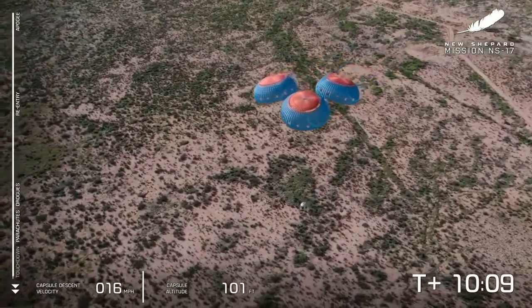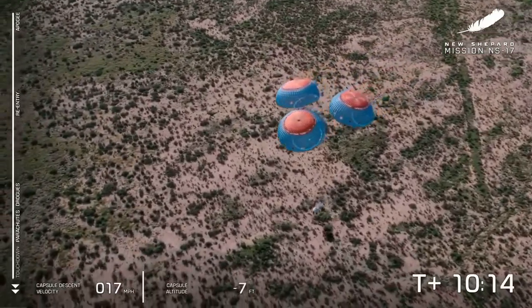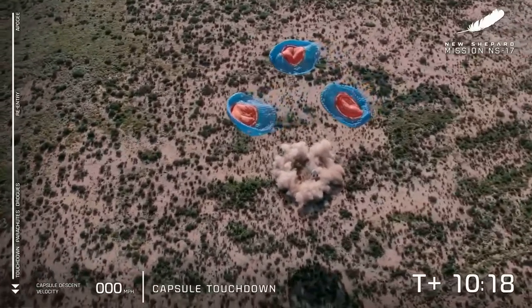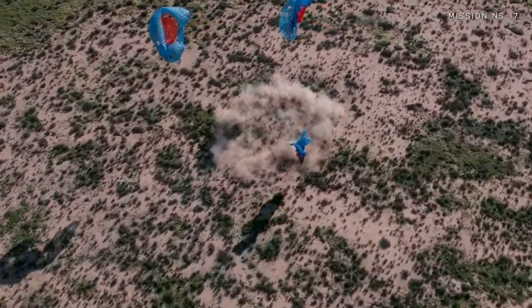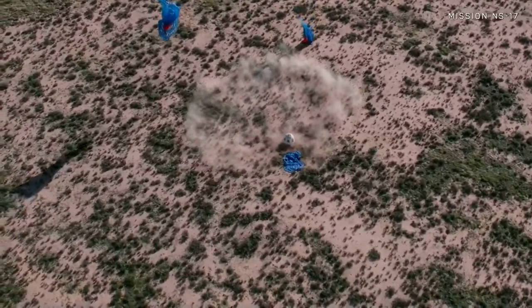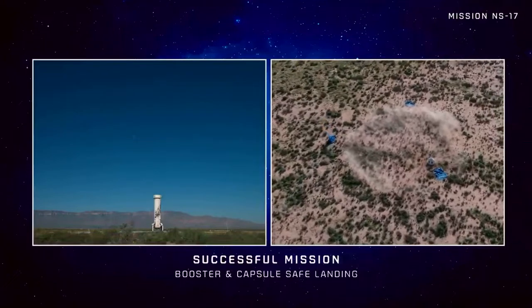200 feet from the surface. And touchdown of the crew capsule. Another beautiful launch and landing for New Shepard. Huge, enormous congratulations to Team Blue. Congratulations to our friends at NASA, especially in the flight opportunities and tipping point programs. And congrats to all of